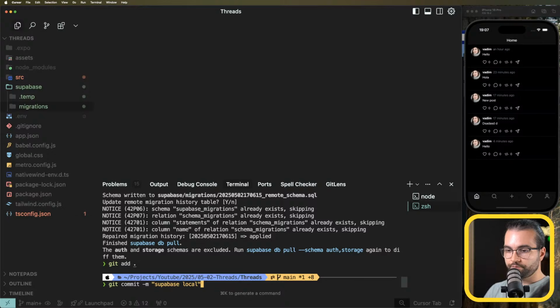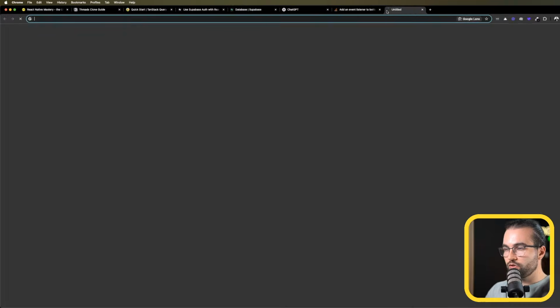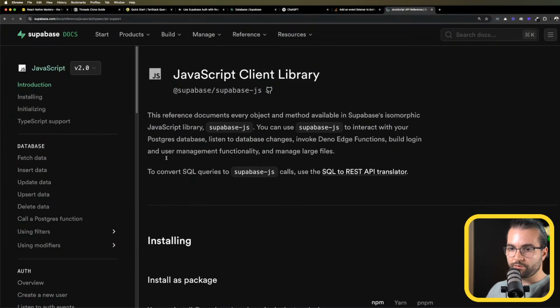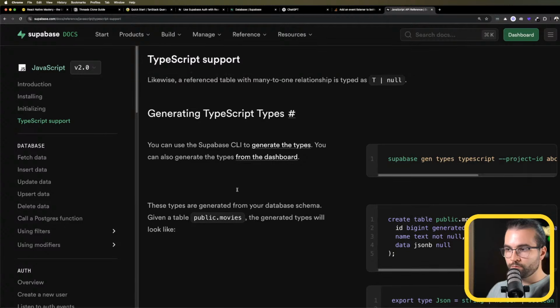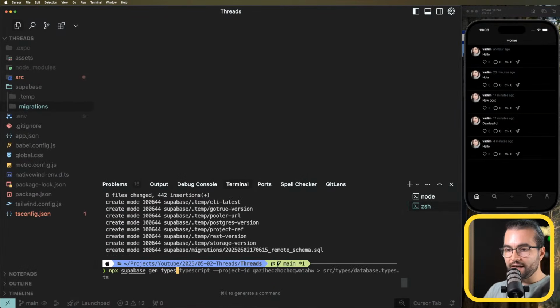Supabase local, was to do npx Supabase types, how is it, Supabase TypeScript. I want to do this super fast. Supabase gen, yeah, it's npx Supabase gen types TypeScript --linked and dump them into the source types database types